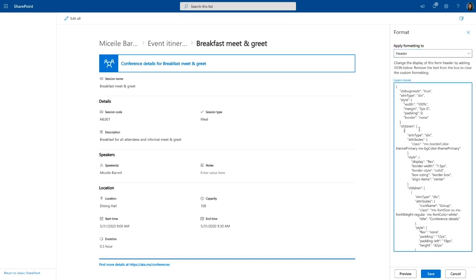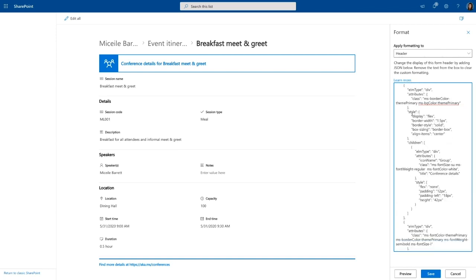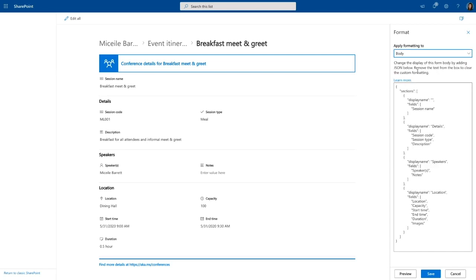In the header, I have here the JSON that represents the formatting options for the header. These are the same formatting options that you are familiar with configuring the view formatters and column formatters. They're pretty much exactly the same. So with the knowledge I had with my view formatters, I was quickly able to configure the header for this list form. As well as if I now switch to body, while body does not give you the robust